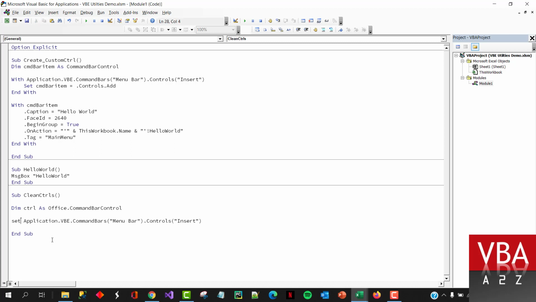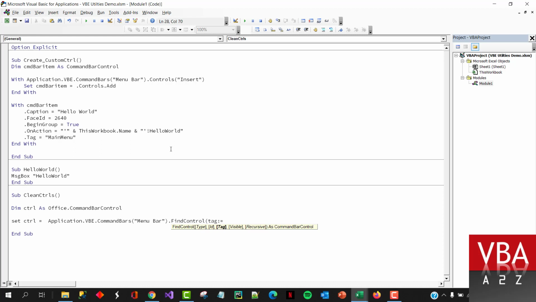And here I'll say set control, that will be, instead of this, we will try to find that tagging. So find controls, and then tag